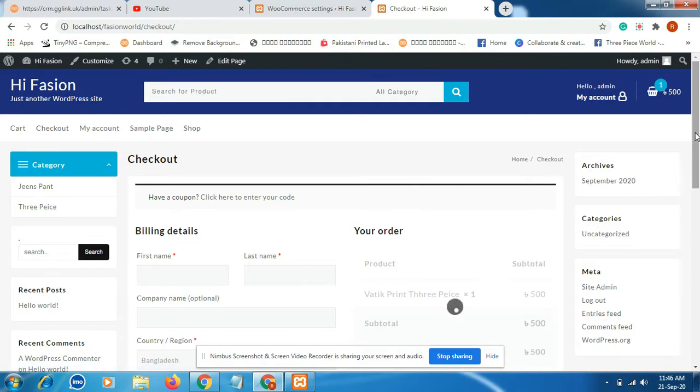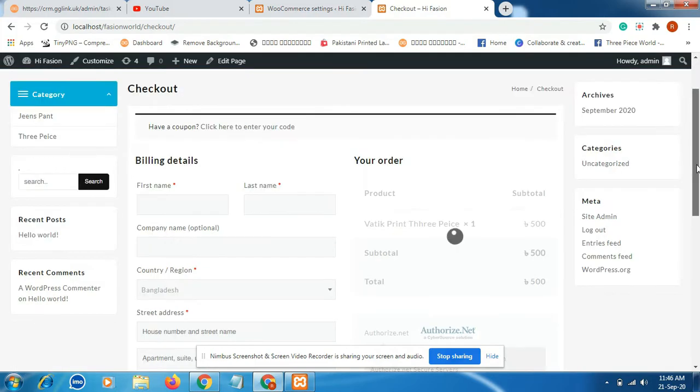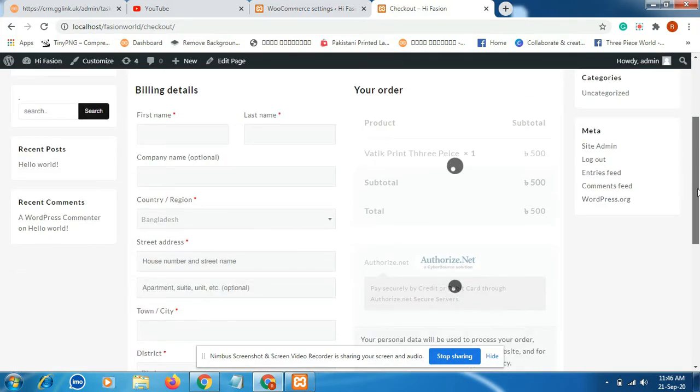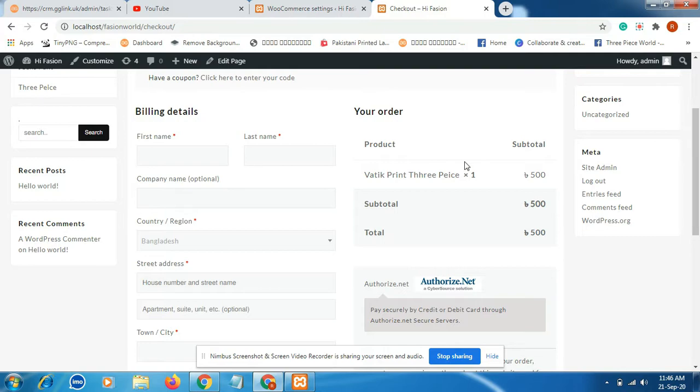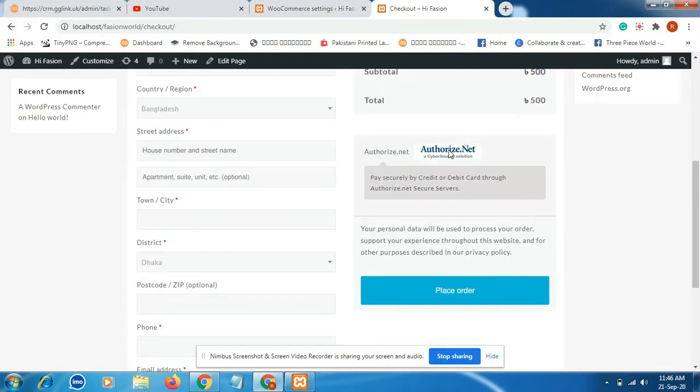When you finish the billing option, just first name, last name, and then you can see our payment plugin comes here. Just fill in your billing option, then click on place order. That's it.